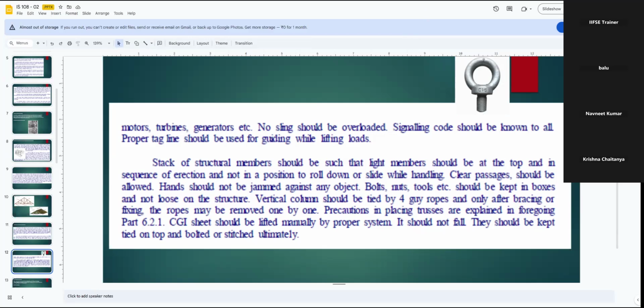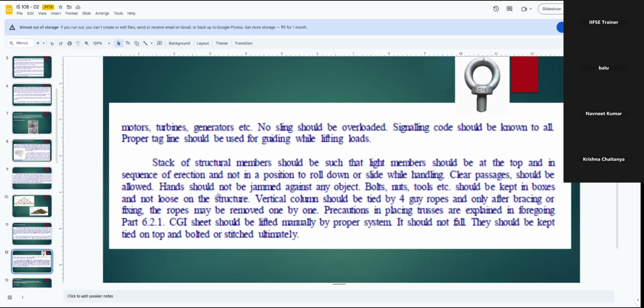And it's a guide rope as well, so that in case of any wind, there might be a chance of the job rotating here and there or moving here and there, so that we can avoid by applying this tagline so that we can stop the movement of the vehicle or the part. Stack of structural members should be such that light members should be at the top and also